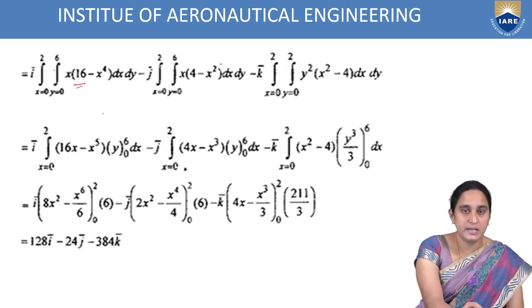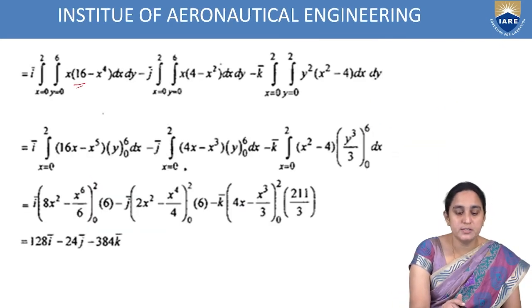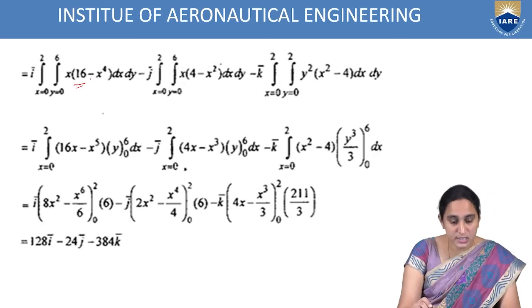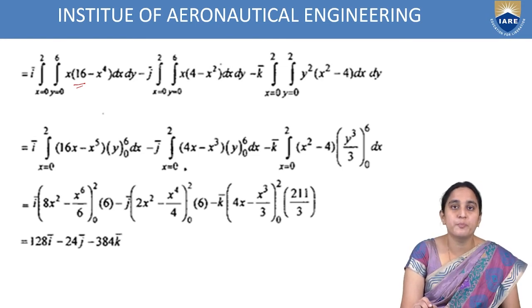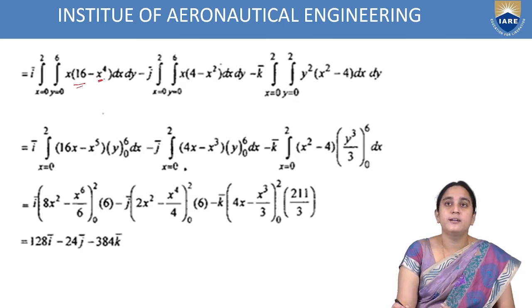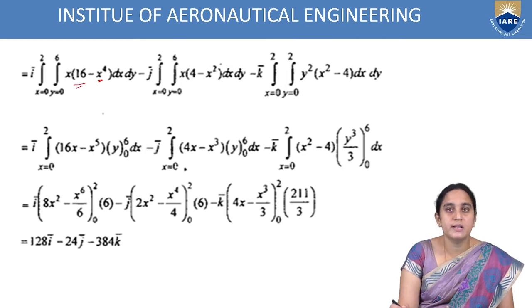i bar into integral of x is equal to 0 to 2 and y is 0 to 6. x is as it is. Here the next is z square. z square upper point is 4. That means 4 square is how much? 16. Minus lower point is x square. That means z square, in place of z you can substitute the lower point as x square, that is x power 4, dx dy. That is x into 16 minus x power 4 into dx dy